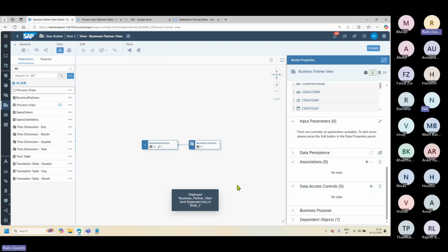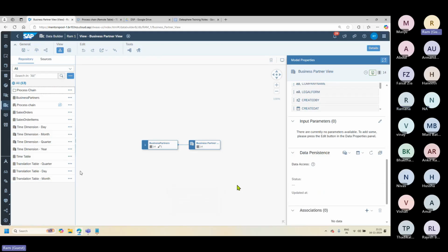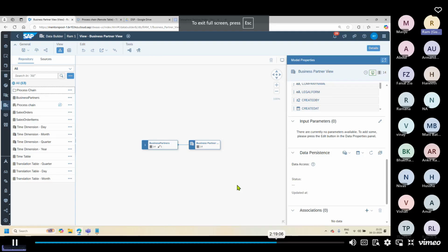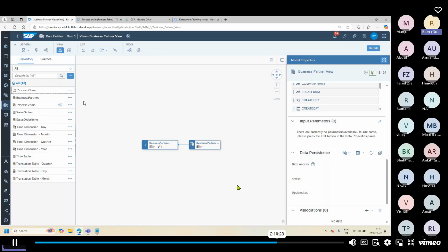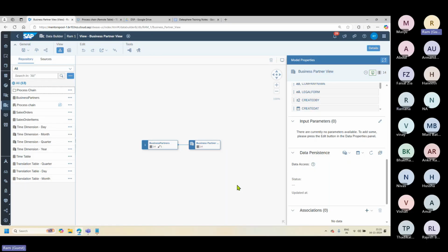Agreed, that is true. The question is, we agreed we have one view that we are going to be using for consumption. For example, I want to connect three tables, join, perform aggregation, perform filtering. Anyway, at least one layer of view I will create. Here the question is, before that view layer, should there be another view layer where every single table has one view? So I have business partner, one view, sales order, one view, sales order item, one view, and then only those views I'll